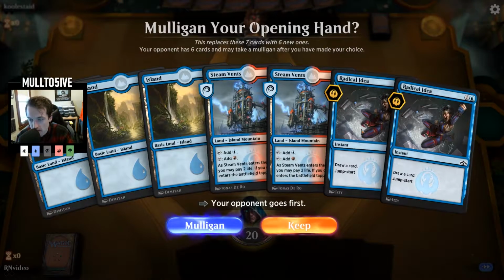This is a tempting keep. I go second, so I get an additional draw, 2 Radical Ideas, so I can essentially draw 4 extra cards and start pitching extra lands. It's going to be easy for me to just dirtle and do nothing, but